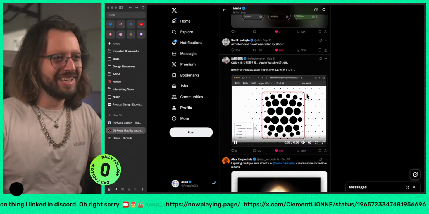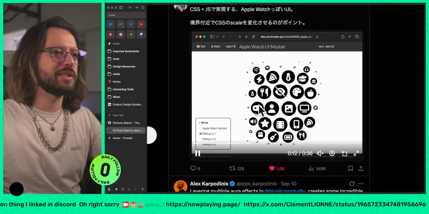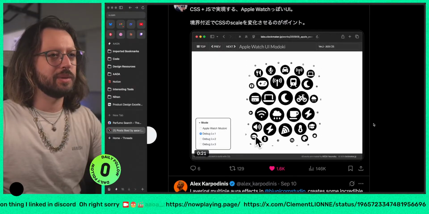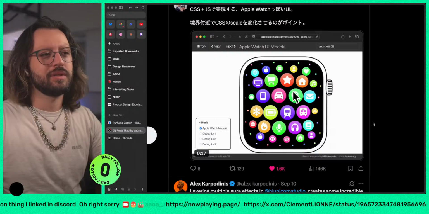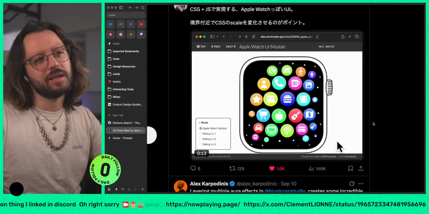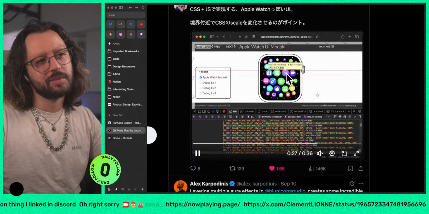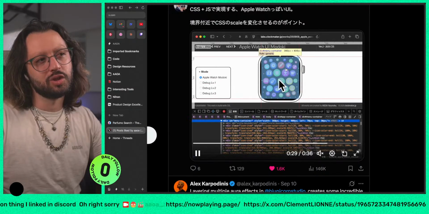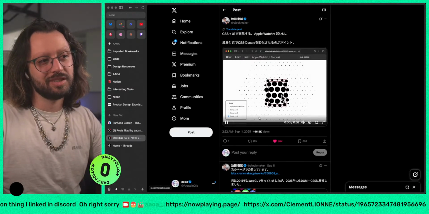That's about it. This one was really cool. This is a Japanese person doing something with the Apple Watch app environment. Basically, this is just CSS and JS, and it seems to be pretty good. So if you are interested in building stuff like this,